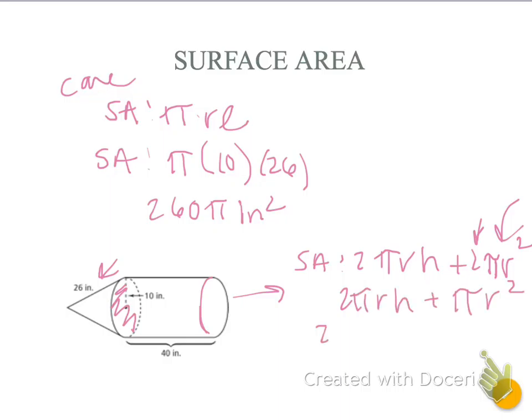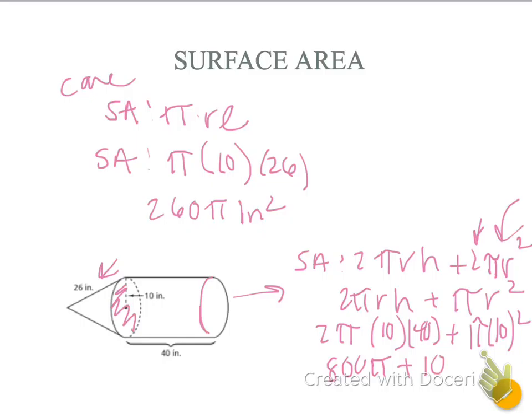So this is 2 pi times my radius 10 times my height of my object 40 plus pi times my radius again, so 10 squared. So we got 10 times 40, which is 400. 400 times 2, we got 800 pi, plus 10 squared is 100, so 100 pi. So we got 900 pi, but I want the total surface area, so I'm going to add these two together